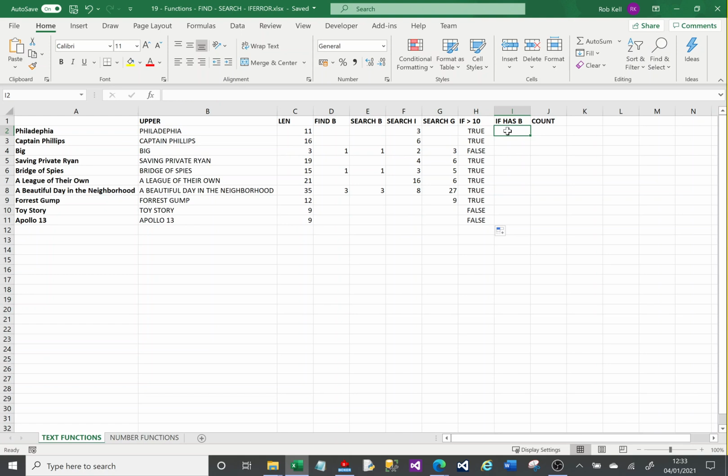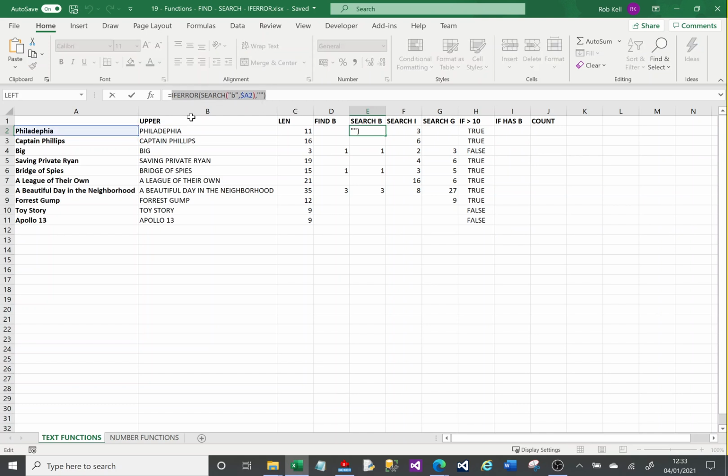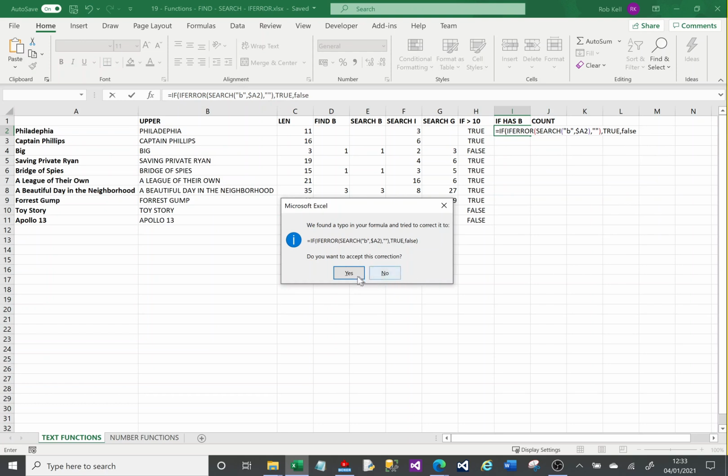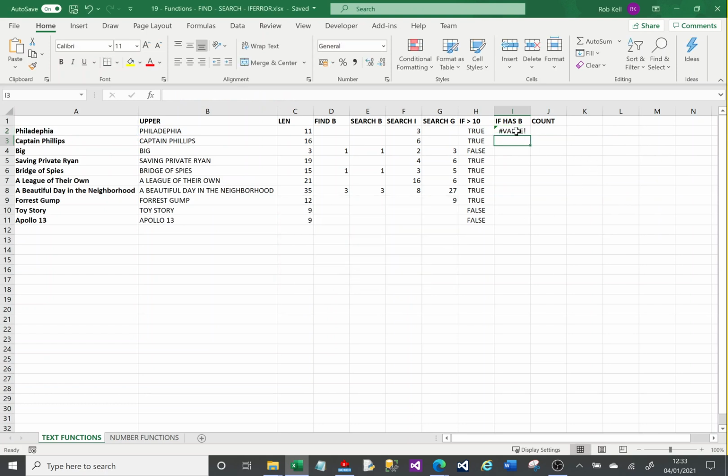Now here I'm going to do a similar sort of thing, so I'm going to copy this and put it into here. So if I do equals if, the logical test is the value in here. So it's searching for B against that field, and if it's true, then do true or do false. Now,